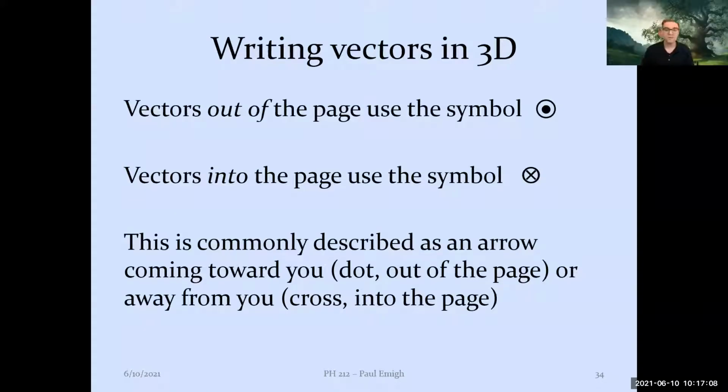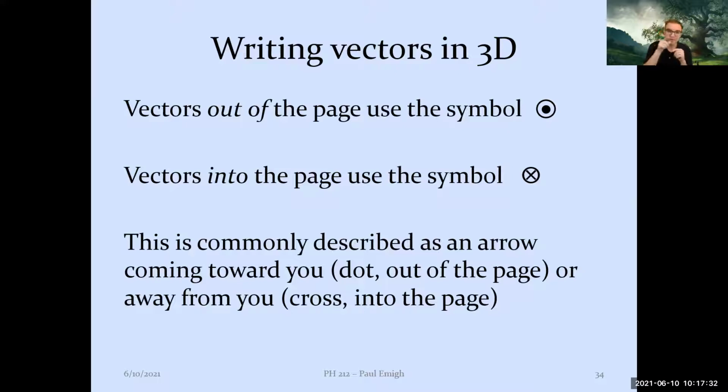Welcome, everybody. Today we're going to talk a little bit about three-dimensional vectors and the cross product. We haven't done a lot with three-dimensional vectors so far in the physics course, so this is somewhat new. In 3 dimensions, we're going to need a couple of new symbols because it's hard to draw 3D perspective vectors. So to represent vectors that point in and out of the page, we're going to use a symbol